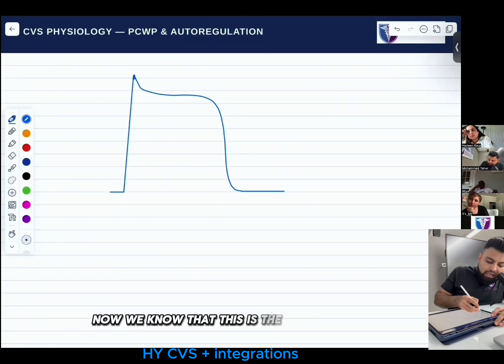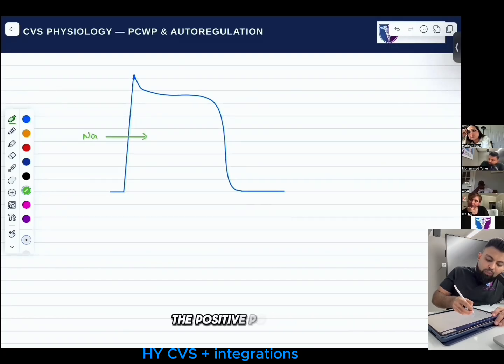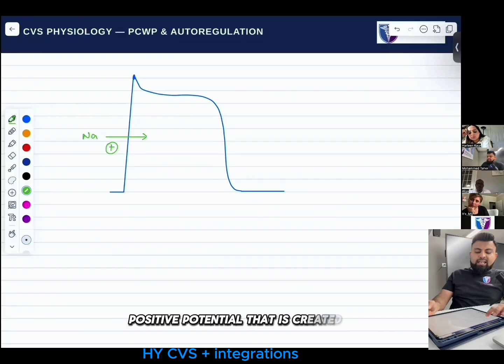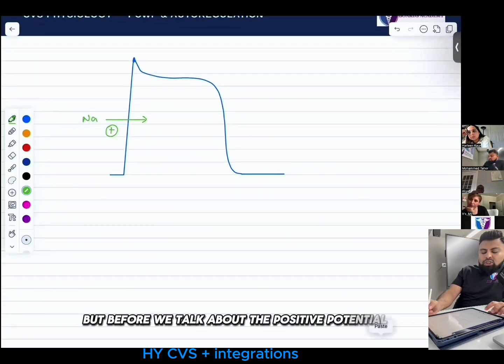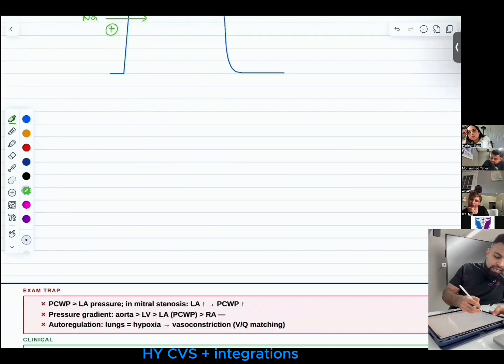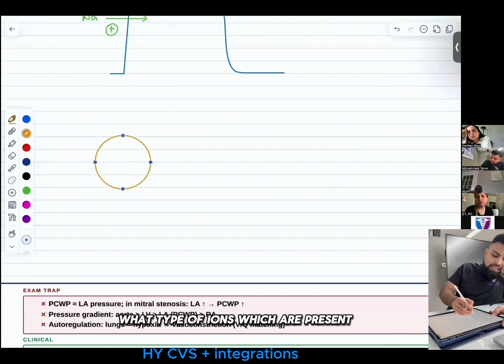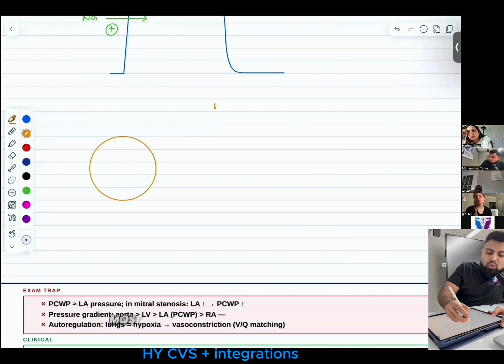Now we know that this is the rapid upstroke. The rapid upstroke is due to entry of the sodium, the positive potential that is created. But before we talk about the positive potential which is causing these phases, I want you to first tell me quickly, what type of ions are present? Imagine this is the cell. Most abundant intracellular cation is